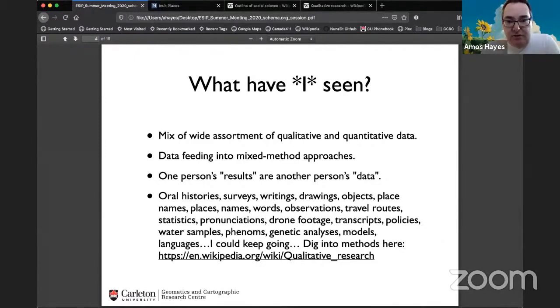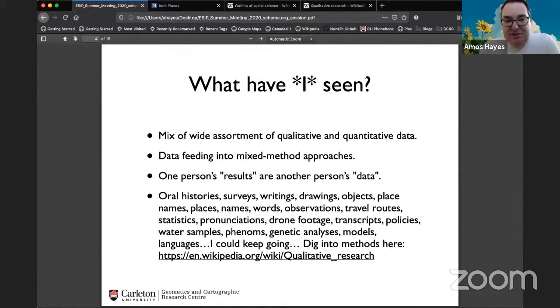So these are all sort of human-focused things, but that's not to say that the earth sciences are not fitting into this. They're just being used, and using the data that's being derived. There are lots of mixed-method approaches, so not always one way of doing things, and many researchers will have multiple ways to try and hone in on an answer.